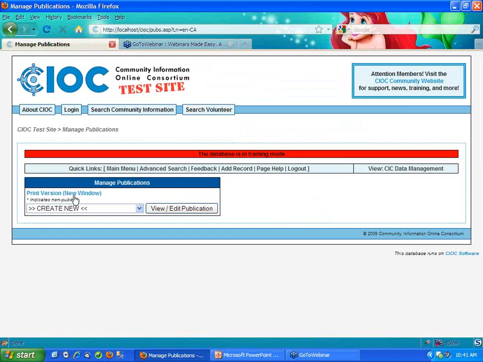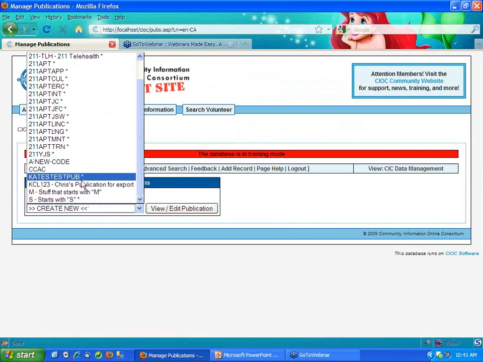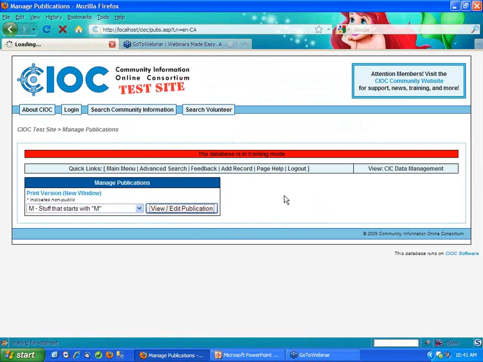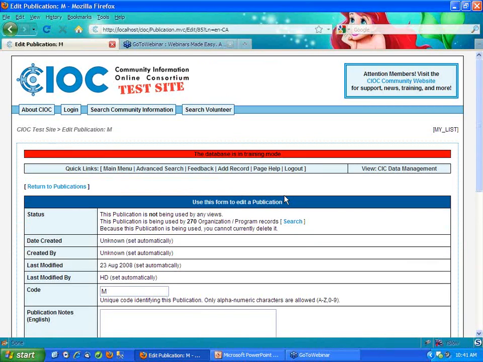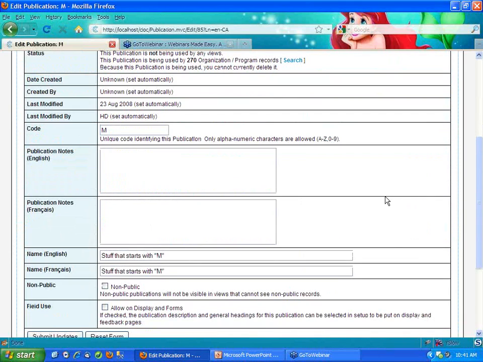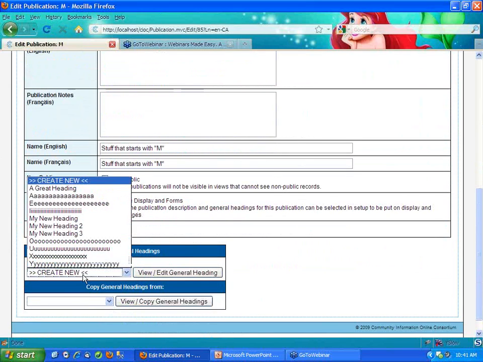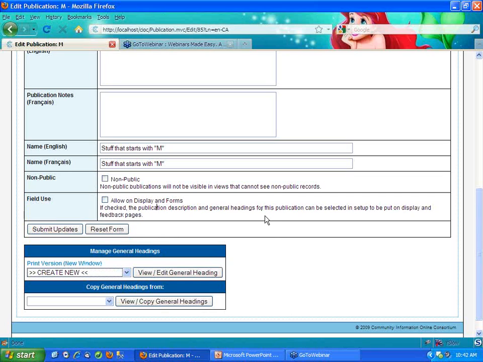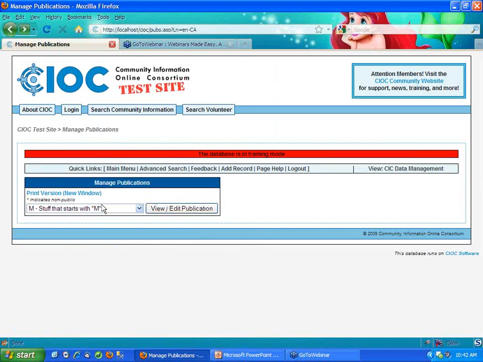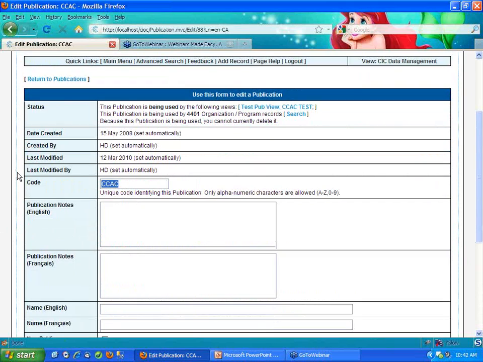So if I go into the publication section, here is a publication I set up that's called M. And I've created a bunch of what I'm calling general headings. They're basically subcategories within that publication M that I can then tag onto records. So if I had a publication called CCAC, which is one that's frequently used, for the Ontario CCAC, that's a publication code where I'm saying all the records that I tag with the code CCAC